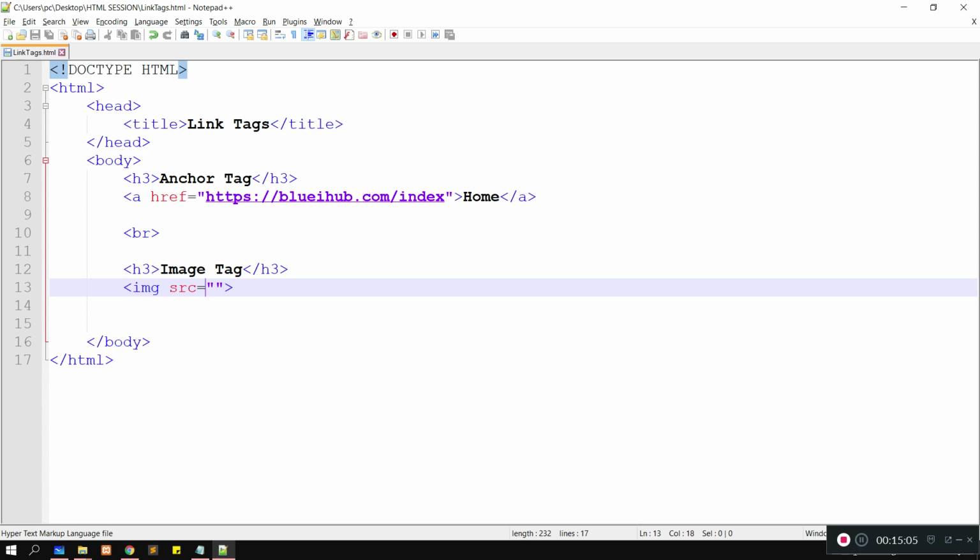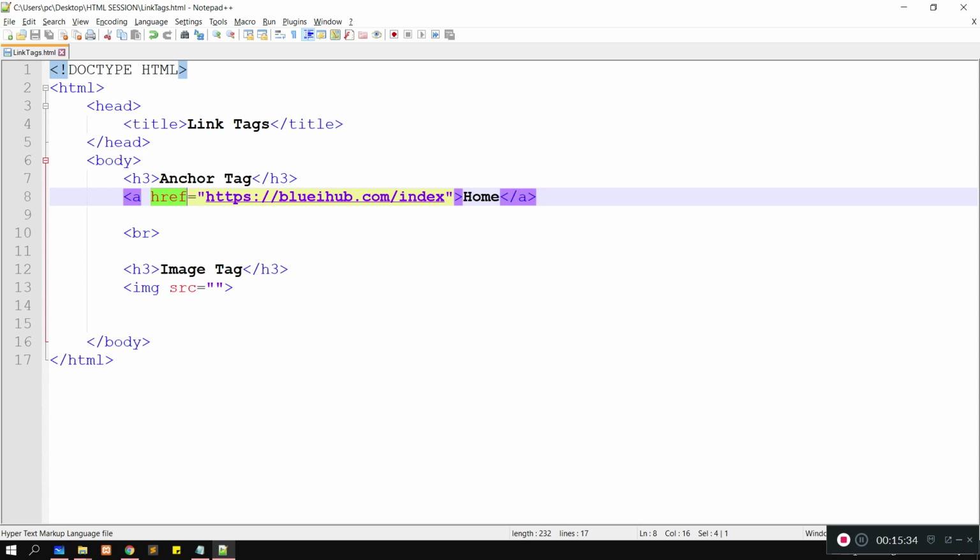Now if you relate this with the anchor tag, anchor starts with a because it's an anchor tag, and the image tag starts with img. It shows HTML that it is an image type tag. And the second thing in the anchor tag is the hyper reference, meaning the path.